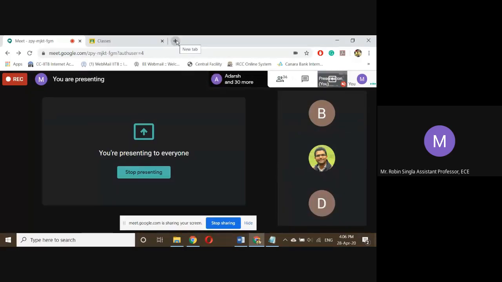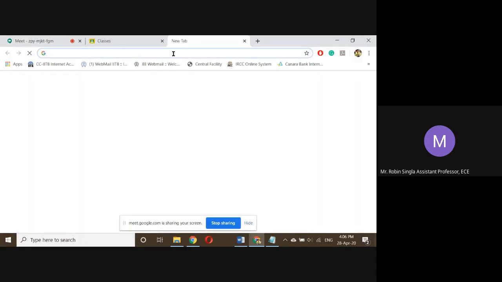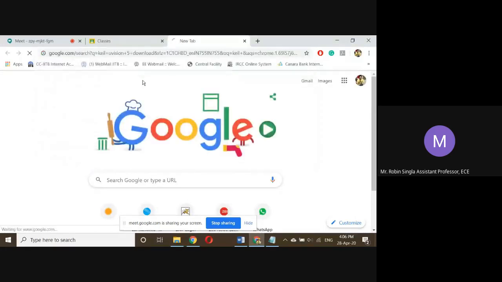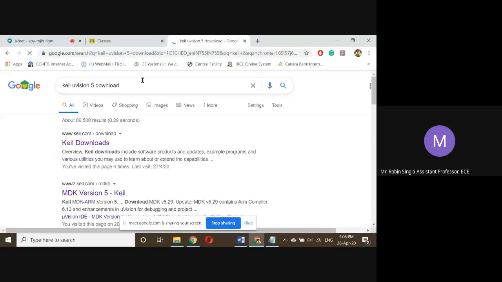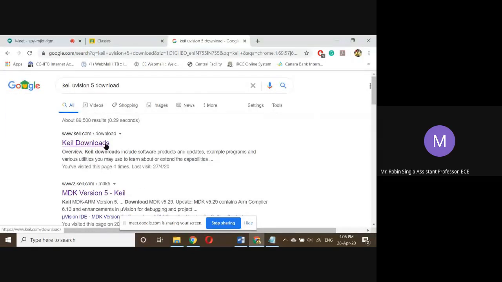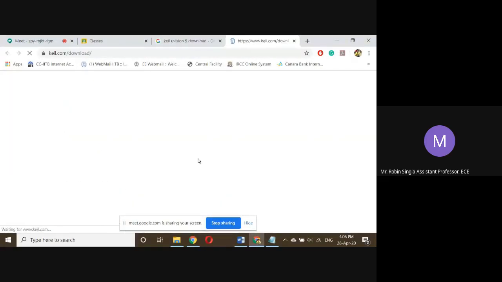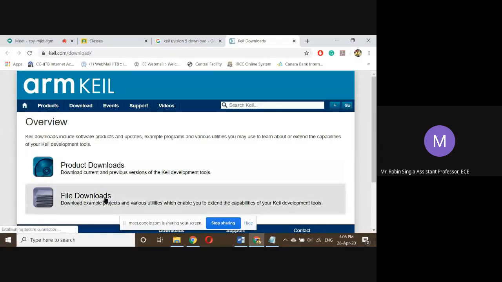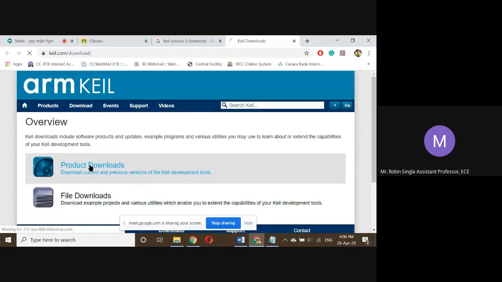So to download the Keil software, you just search Keil MicroVision 5 download on Google, and go to the first suggestion, keil.com/downloads. If you go there, you will find two options: product download and file download. You go to product downloads,